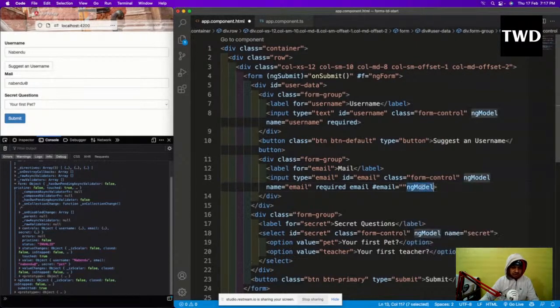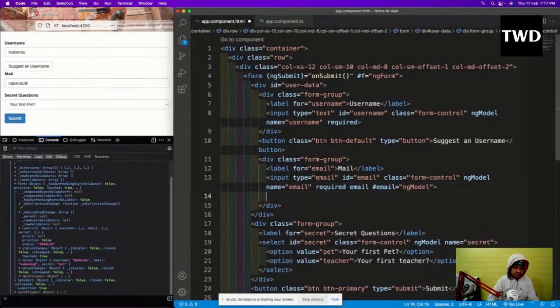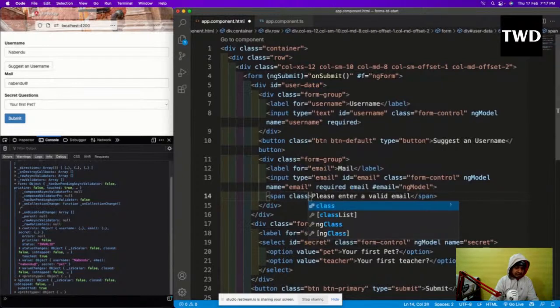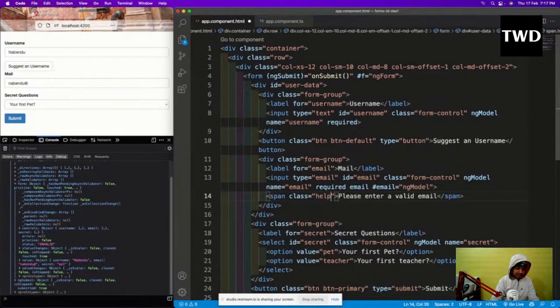Always it goes outside, I don't know why. ngModel is there, I'm going to input equal ngModel and then a span is there, and "Please enter a valid email", and then class equal to help-block.